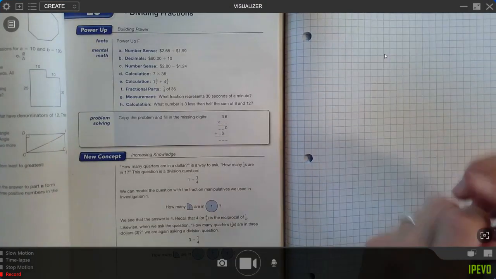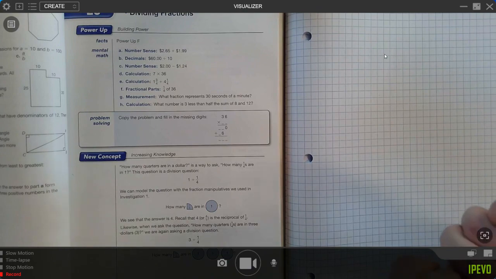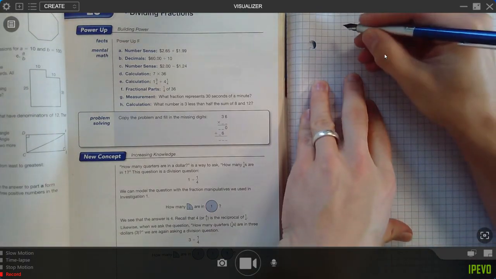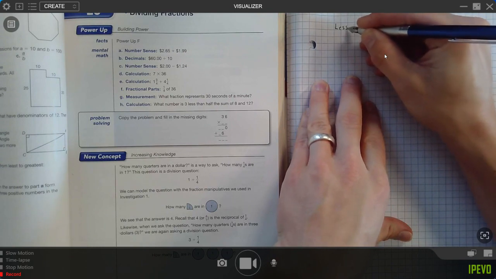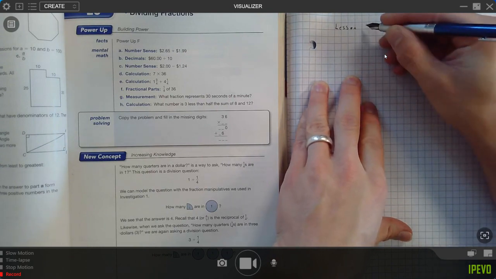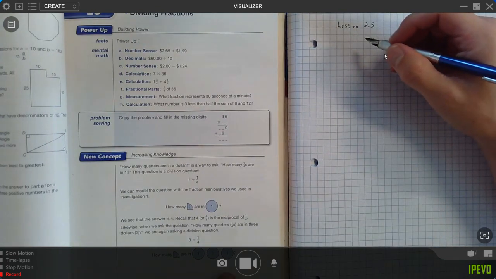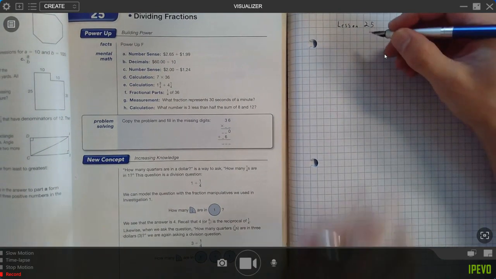So we're going to go ahead and do lesson 25, dividing fractions. So the important thing to know here and to remember, when we did multiplying fractions, okay, that is essentially division, okay? So if I have